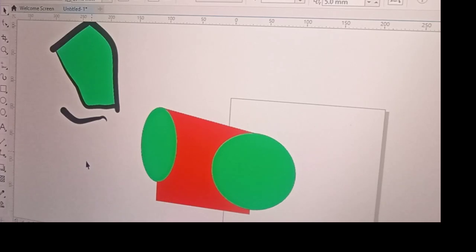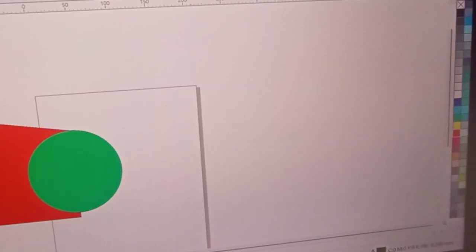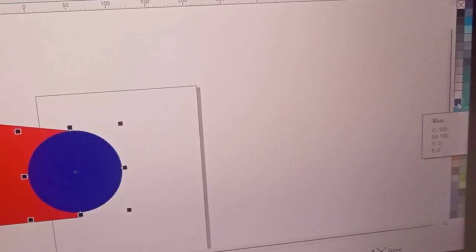Now we also move over to the other side of the interface. Now on the other side, you have your different colors. Whichever color you want to use, you can always pick it out from this particular place. Let's highlight this for example. Let's say you want to color this blue. All you just need to do is to click on the color blue